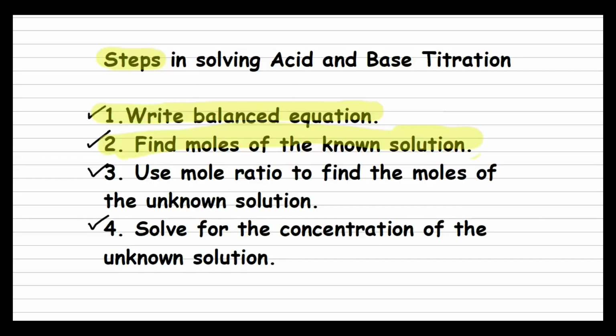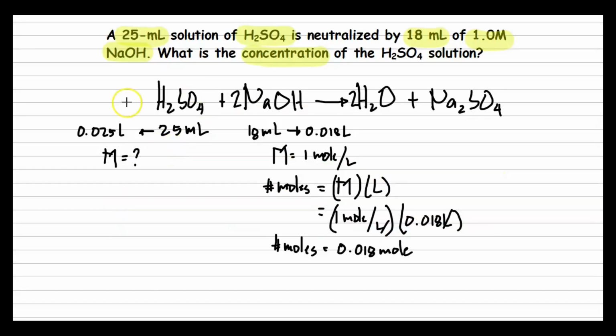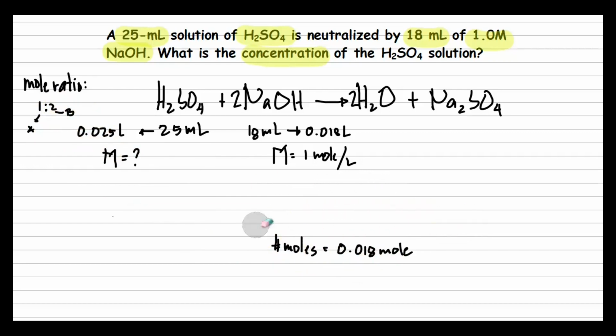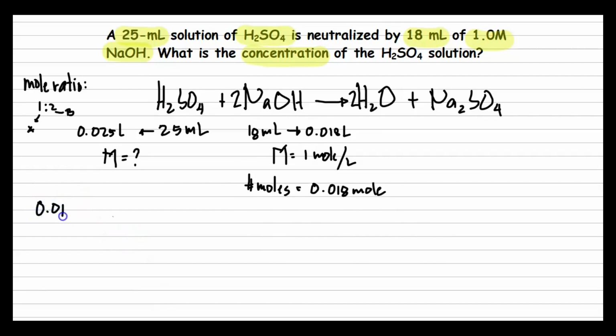And for our third step, use the mole ratio to find the moles of the unknown solution. As I've said earlier, we can identify the mole ratio from the balanced chemical reaction. Therefore, our mole ratio is 1:2. 1 is your acid and 2 is your base. We will multiply the mole ratio and the number of moles of NaOH. So we have 0.018 mole of